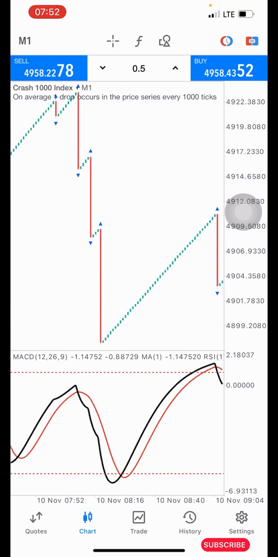So in today's video, I'll be sharing with you guys a boom and crash strategy that you can use to grow your small account. Without wasting much of our time, I'll quickly explain how the strategy works, then I'll show you the setup. Now you can see on the indicator window here, this is set to show you